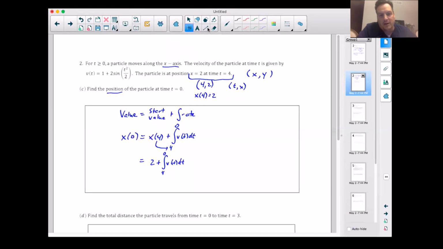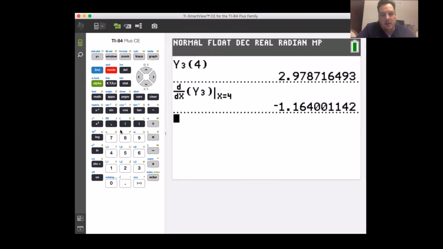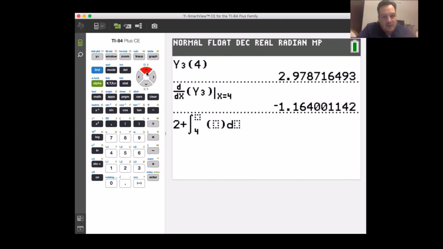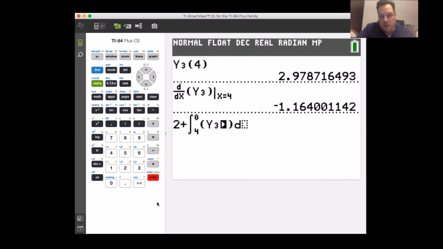So if we go back to our calculator here, I'm going to open this back up and go back to my main menu. And we're trying to go back to what was the equation. It was 2 plus, and then to integrate, remember that's math 9, or if you're using the Inspire, I'm sure it's something. I'll let Mr. Record deal with that. From 4 to 0 of the velocity, and remember our velocity equation, I have mine in y3, but you're going to choose whatever equation you put it in. And that's going to go from 4 to 0 of y3 in my case dx. So this is kind of what we're dealing with right now. If we hit enter